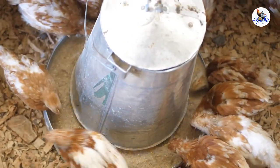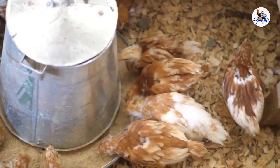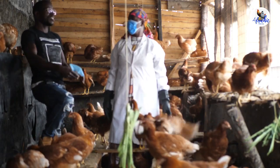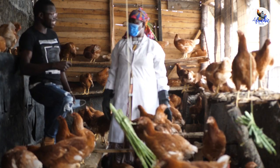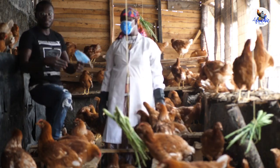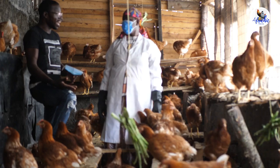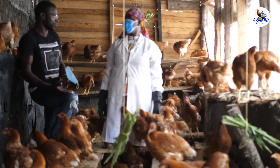When the birds are laying from week 36, that is maximum production, the feed is also at maximum, which is 105 grams. Then when the bird starts reducing, or there is a decline in egg production, feed intake should equally reduce. Basically, we usually say feed intake is directly proportional to weight gain and also directly proportional to egg production, okay,